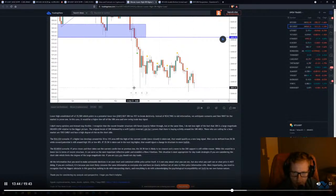Sorry, I was just looking at these lines here. I look at it and I just think, that's kind of a descending line, but you just have to remember that this wick is massive. We have a lot of massive wicks here. It's hard to definitively or comfortably ascertain a lower trend line. Anyway,